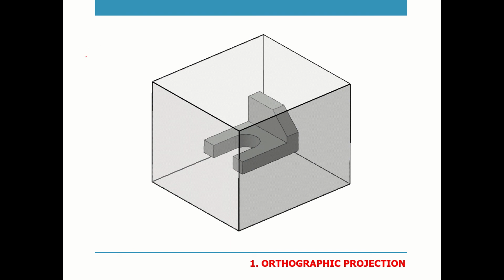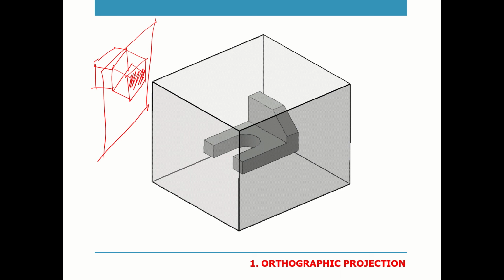Okay, so to further simplify, how do we understand this projection? Initially what I said, if we have an object, what we try to do is we say, okay, this is there. What we do is we have an imaginary plane. On that we try to project this. And then we try to say, okay, this is the object if I look at from this side. So this is the idea of projection.